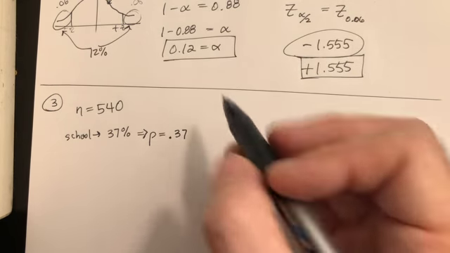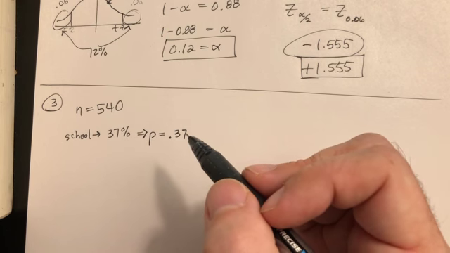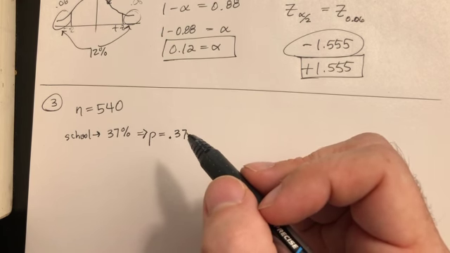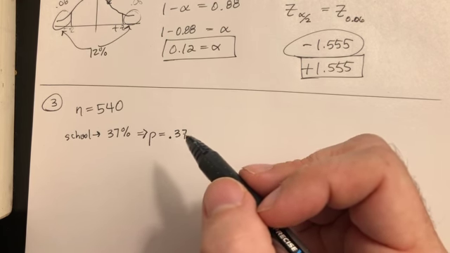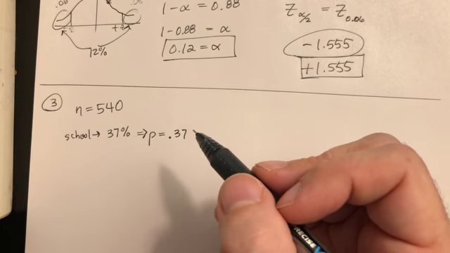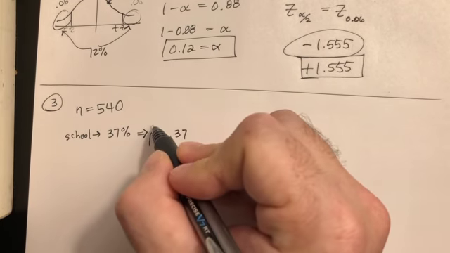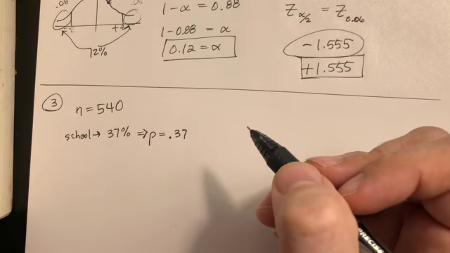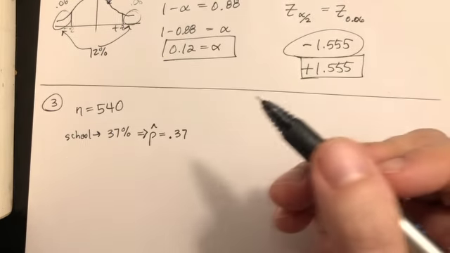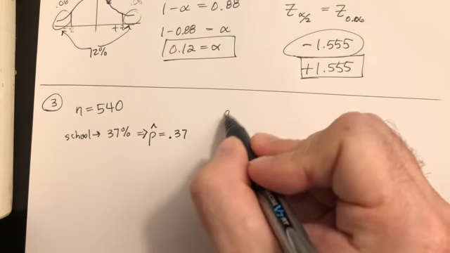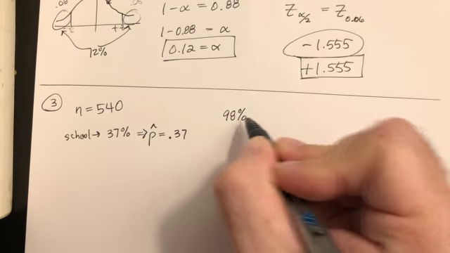All right, and then it says use a 98% confidence level. So we're estimating the proportion of all teenagers. So here's 0.37. 0.37 is how I found it. 98% confidence interval